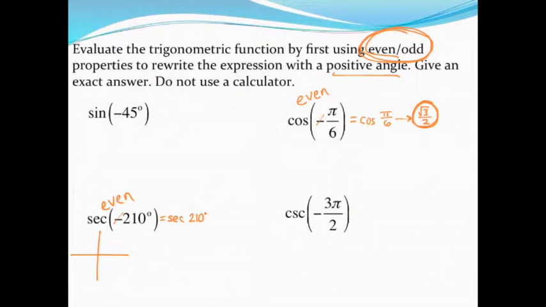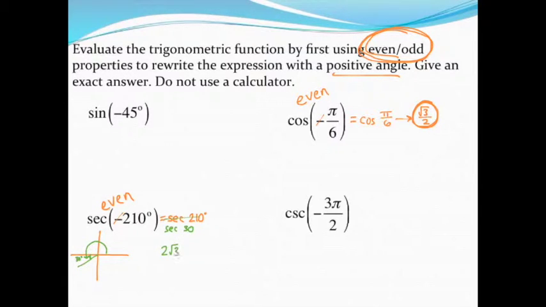If you've watched the other videos, you've probably seen this a ton of times by now. 210 degrees is going to be there in quadrant 3. I need to sketch it and find the reference angle. My reference angle ends up being 30 because it takes 30 degrees past the x-axis. So really what I want to find out is what the secant of 30 degrees is. That is in the chart. Secant of 30 degrees works out to be 2 square root of 3 over 3,